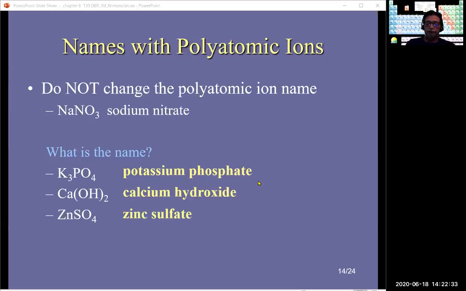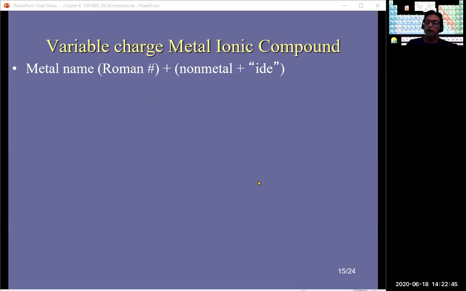Now, the examples we did so far, we dealt with the metals that have a non-variable oxidation number, those 16. Now we're going to be dealing with the other metals, the ones that have a variable oxidation number. The format here is take the metal, then in parentheses the Roman numeral, which pertains to the oxidation of the metal. It has nothing to do with the nonmetal, but all we do with the nonmetal is take off the suffix